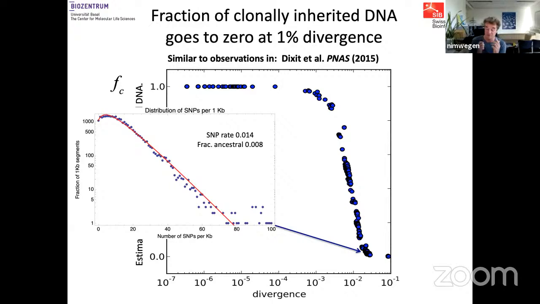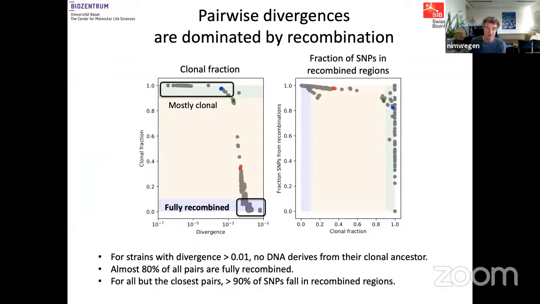All right, so what we find from this pair analysis is that if you take pairs of strains, there are some pairs that are very close and where most of their DNA is clonally inherited. But actually 80% of all pairs of strains are in a region where the entire genome has been overwritten by recombination and there is no clonally inherited DNA left. And so their pairwise divergence tells you nothing about their clonal distance because there's nothing left in their alignment that